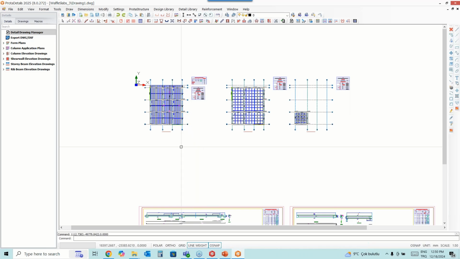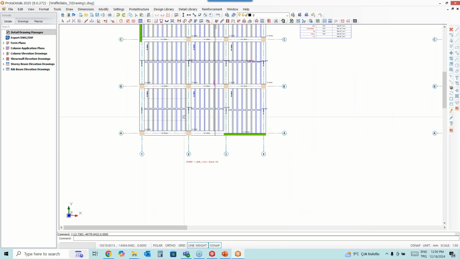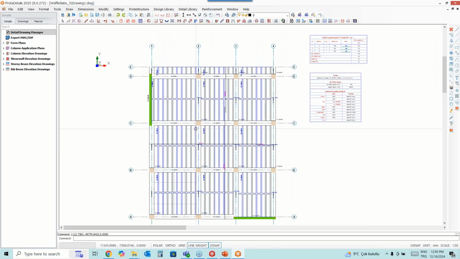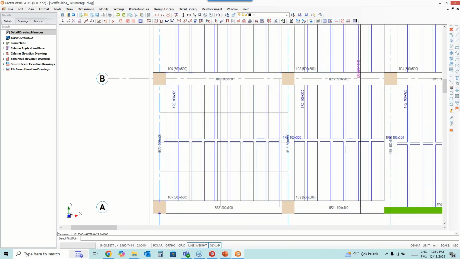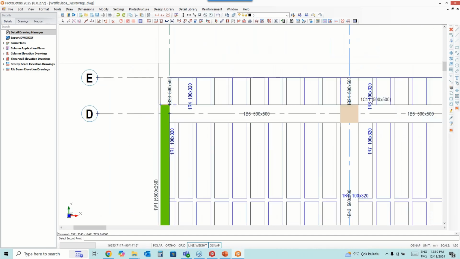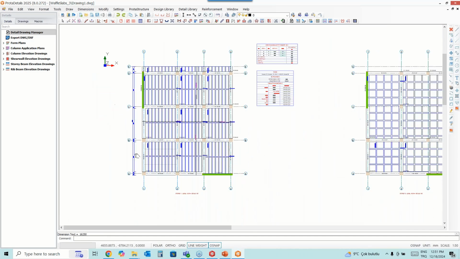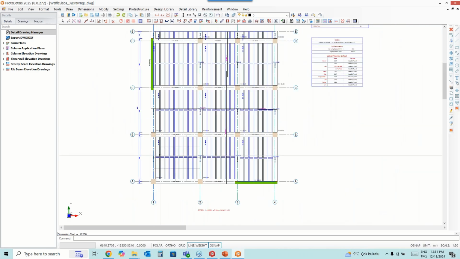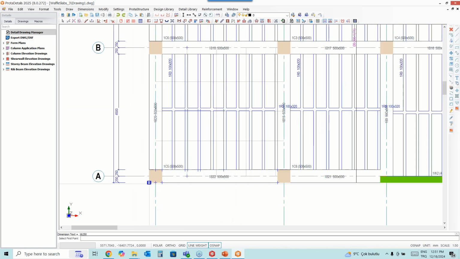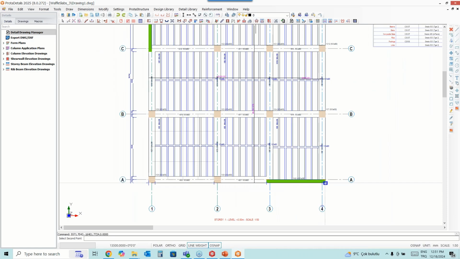So let's just add some side dimensions like this. We have automatic dimensions option. You just need to pick 2 points, place the dimensions, and they will automatically dimension all members. I'm gonna do the same in here.